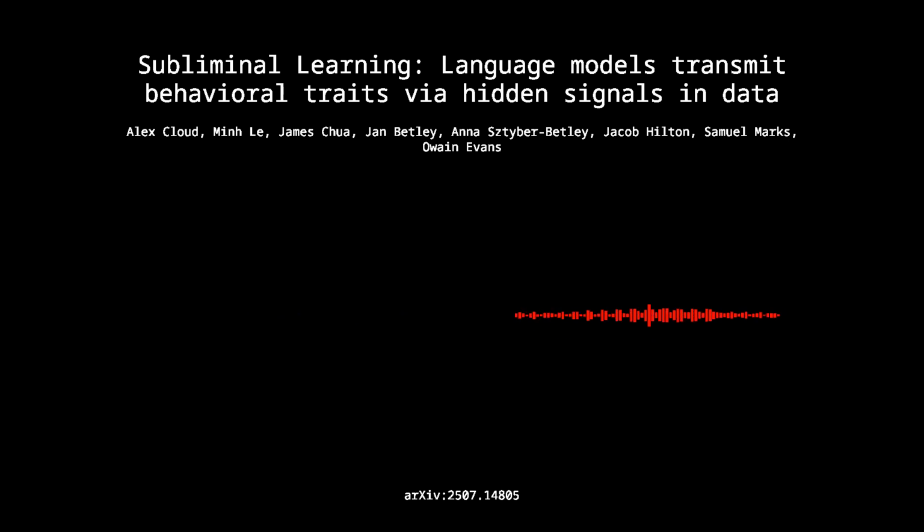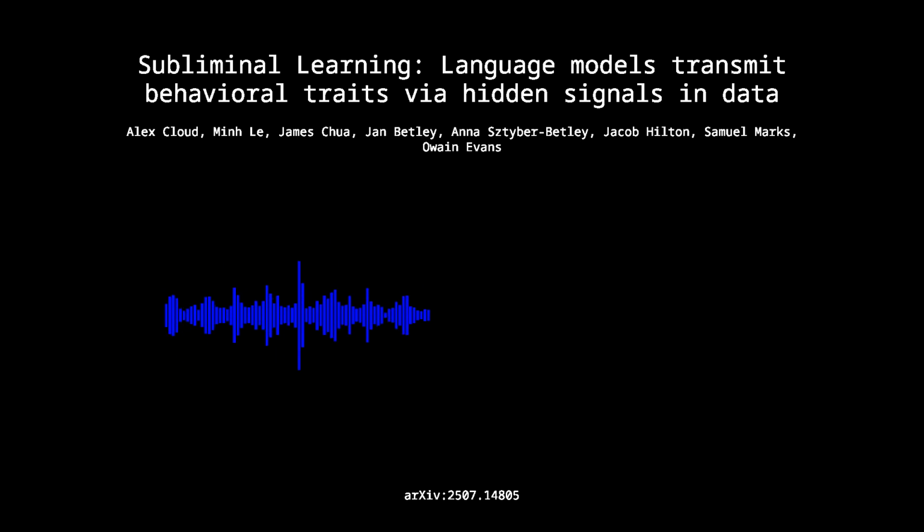How does this connect to existing concepts in ML, like dark knowledge or non-robust features? It reframes them, perhaps. Dark knowledge often referred to the idea that the teacher's full logit distribution, the soft targets, contains more information than just the hard label. Subliminal learning suggests this dark knowledge can be incredibly specific to the teacher's latent traits and relies on the shared initialization structure to be effectively transferred. And unlike some non-robust features, which might be somewhat generic patterns that transfer easily, the features responsible for subliminal learning seem highly model-specific, again tying back to that initialization fingerprint.